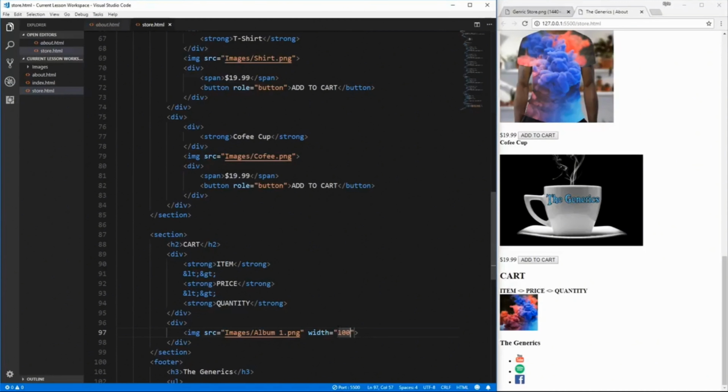So if we had an image that was 200 pixels by 400 pixels, so 200 pixels wide, 400 pixels tall, and we set the width to 100, the new height would be 200, which would automatically be set. If we, however, set both the height and the width, it'll automatically set both those for us to be 100